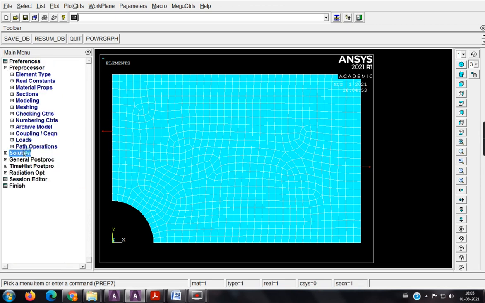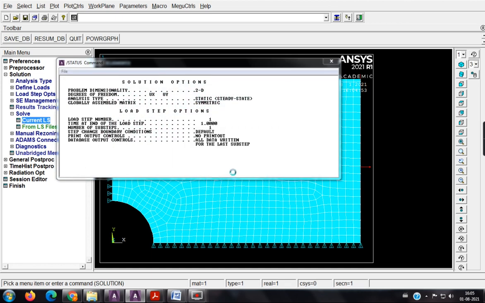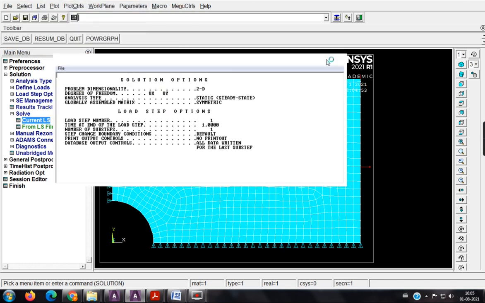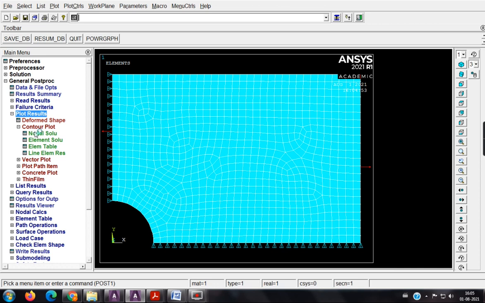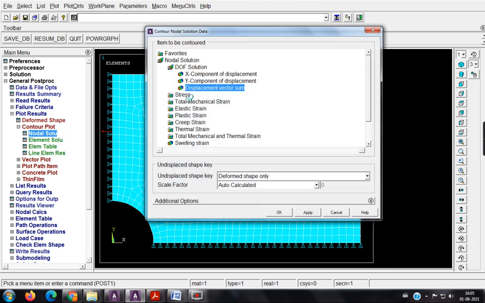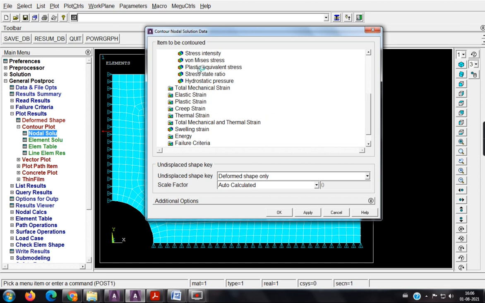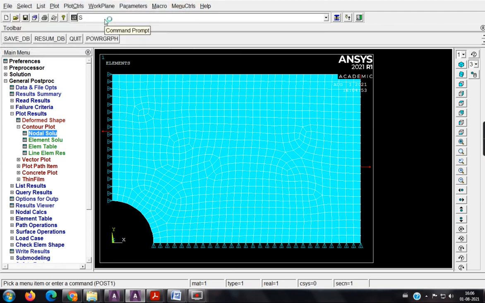Now how to go for the solution? Solve current LS. Yes, I have got the solution is done dialog box. In this, I am interested to see the stress value. When I get an error like this, I have to give the input as set comma all, then hit enter.